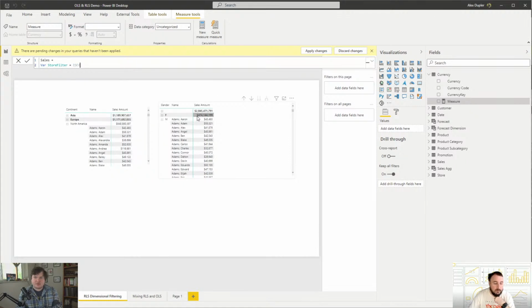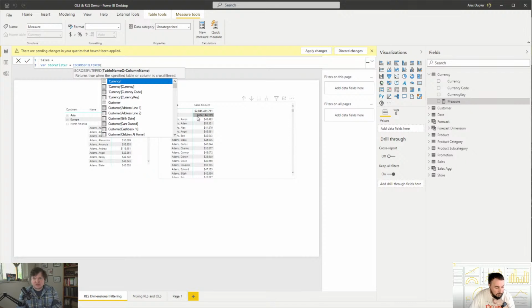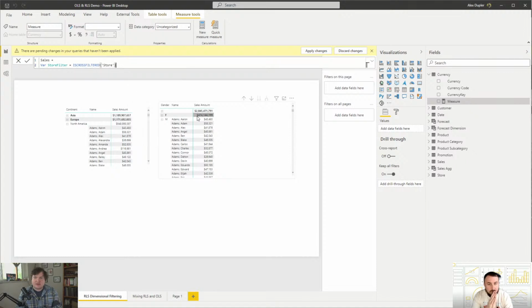No, we want to use is cross filtered. So is filtered only takes a column as a parameter, but is cross filtered takes a table. So if we use is cross filtered, we can say store, and then if this is filtered, we can say